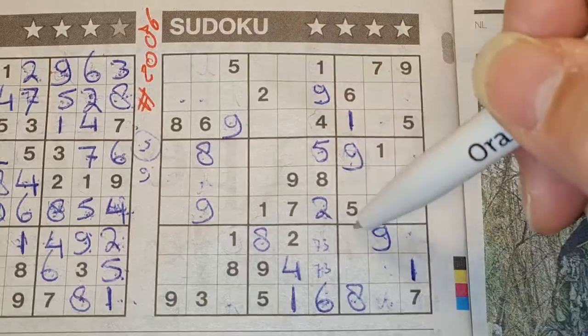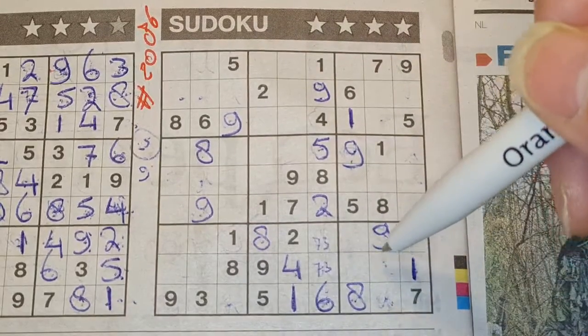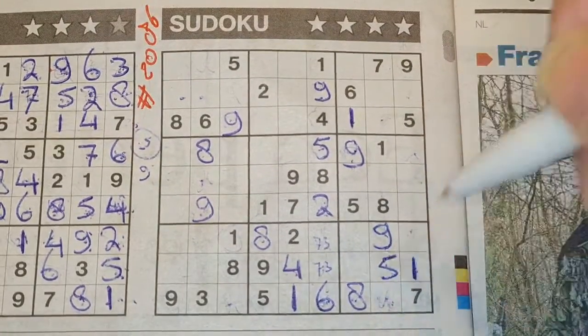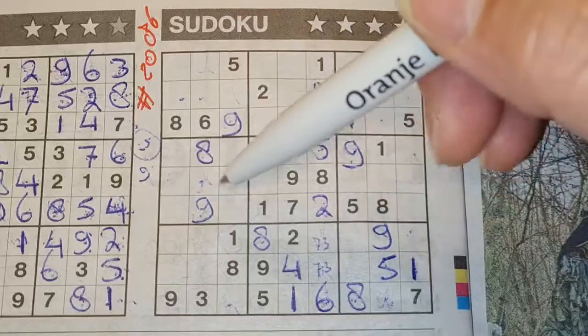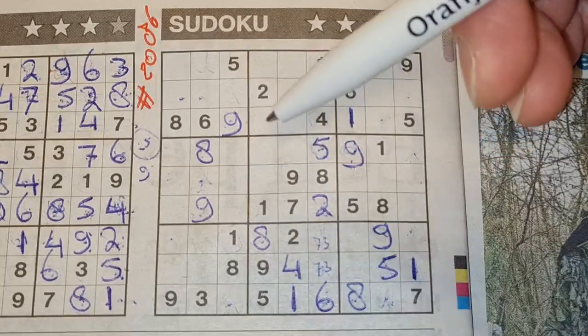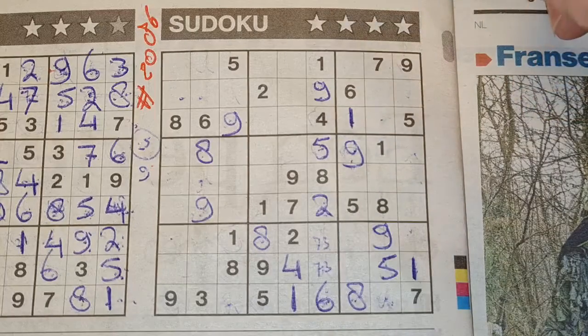5 in this column, 5 in that column. So in the column between, the only two places for the 5 should be here or there. We see there 5, no 5 there, 5 should be there. Then I cannot continue with the 5. All right. How about